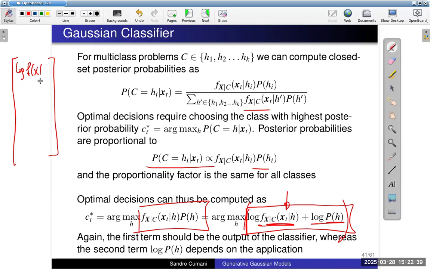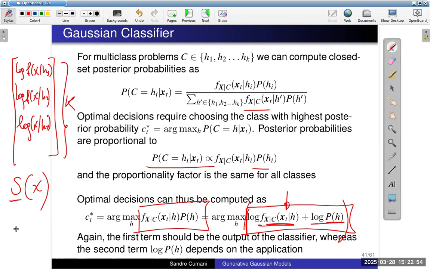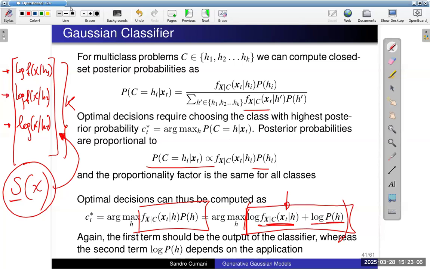And let's write just H1, H2, H3, and so on. This will be a vector with k elements. We call this a score vector for x. In this case, we have a score vector which contains one value for each class. Higher values for a class means that the classifier favors the corresponding hypothesis,